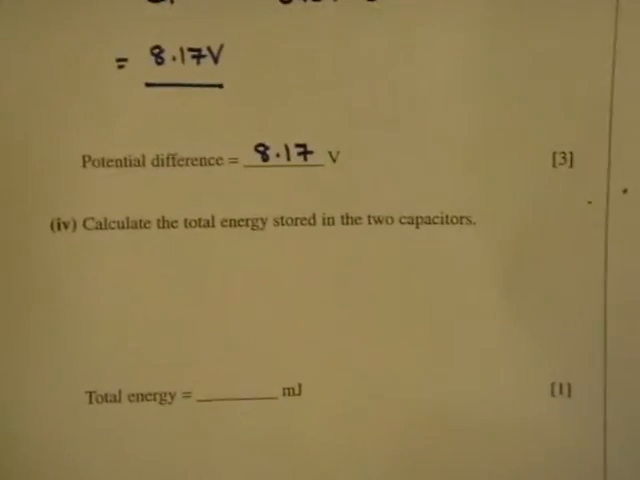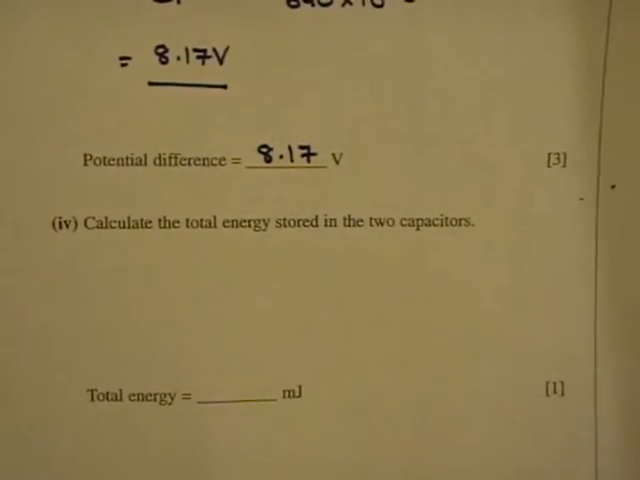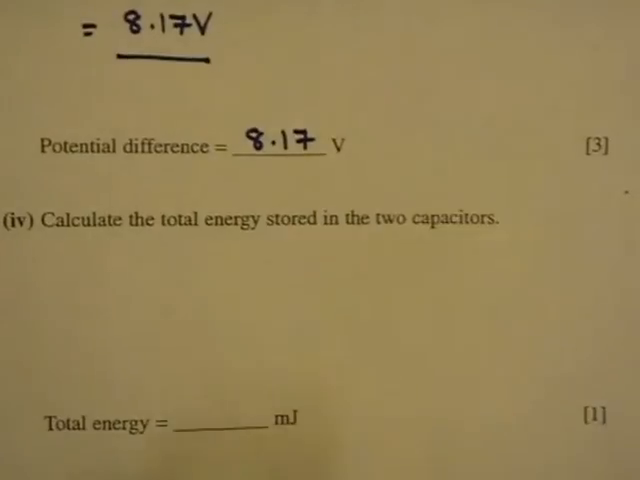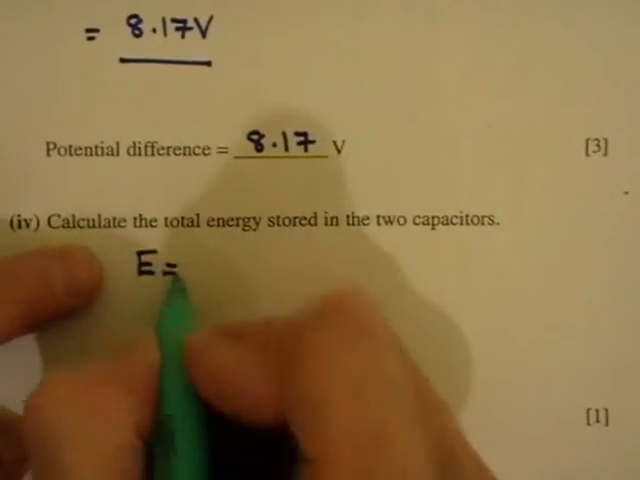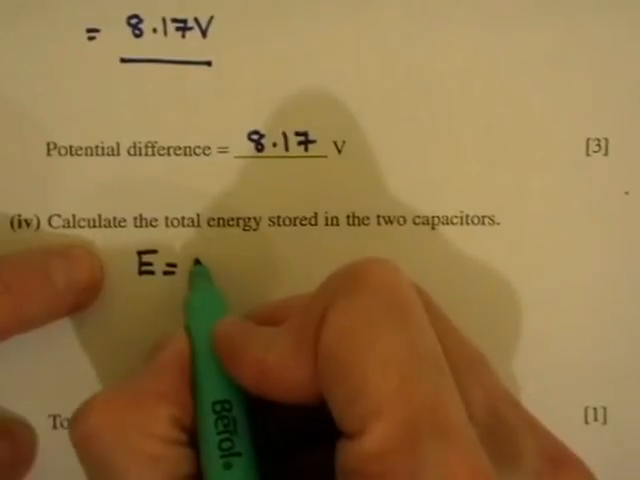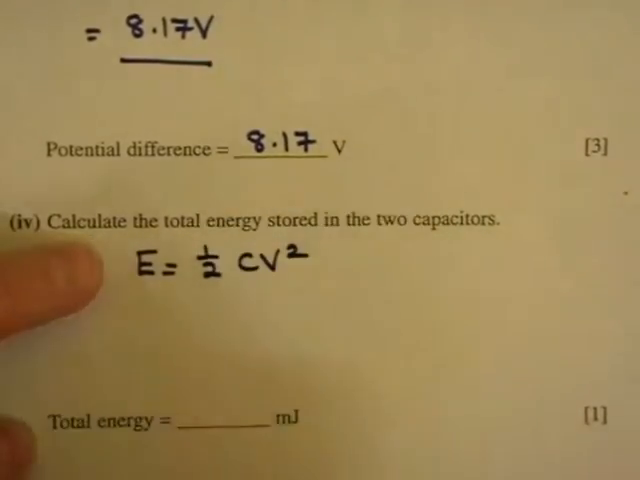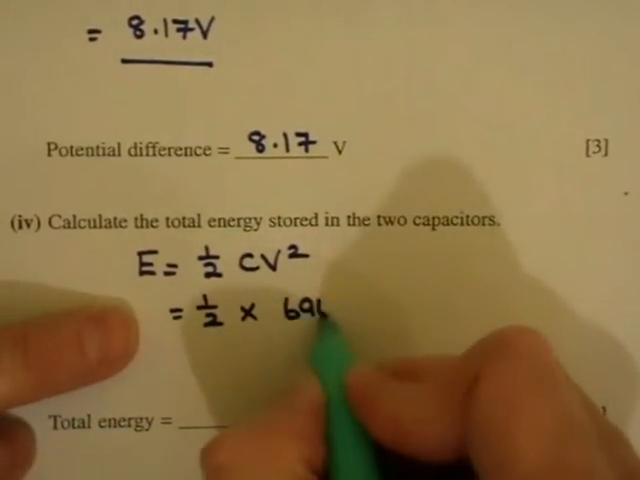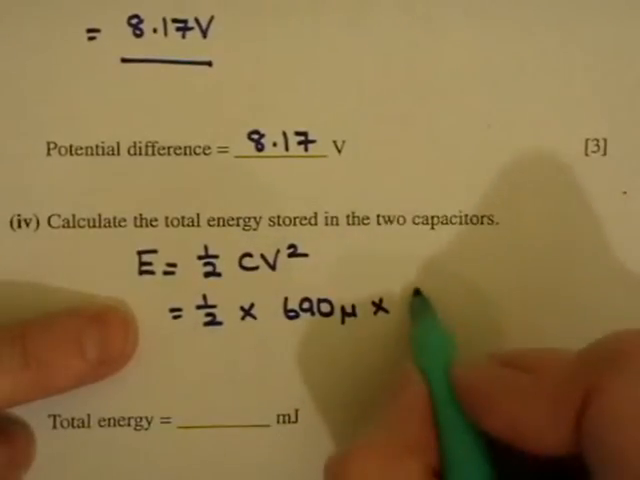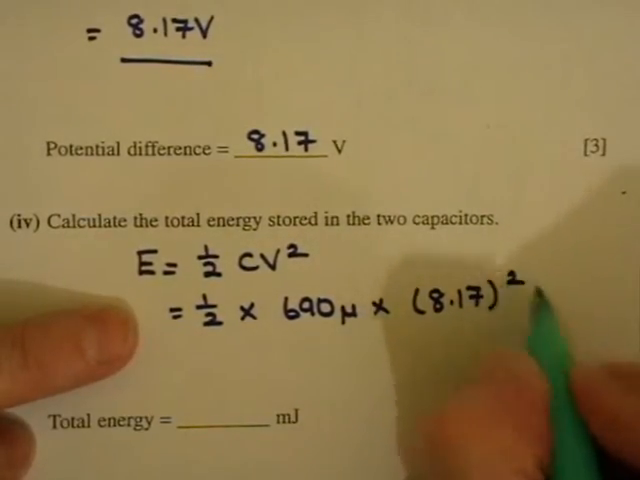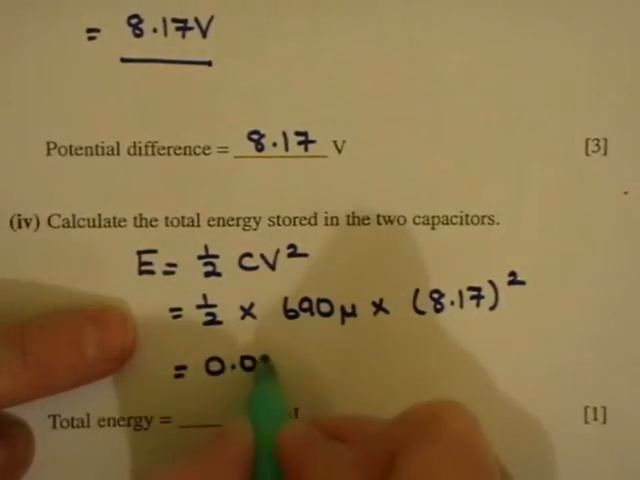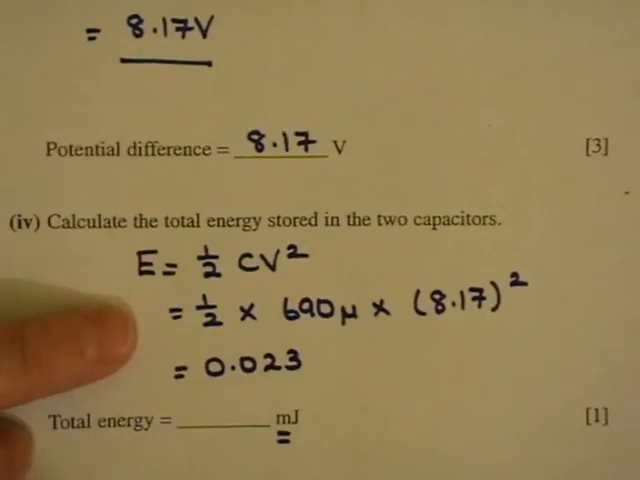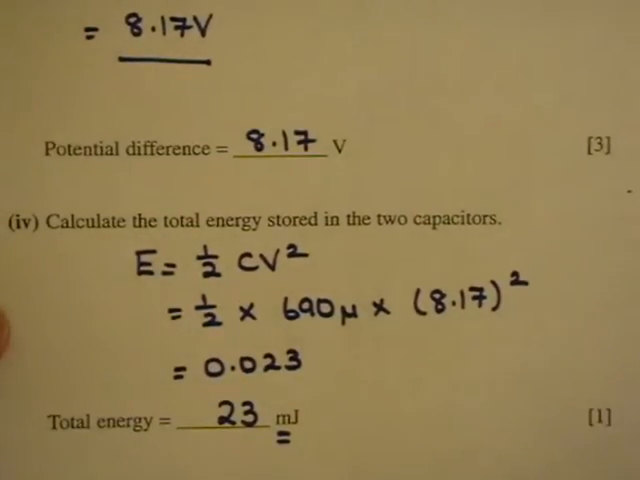The next part of the question asks you to calculate the total energy stored in the two capacitors. I'm just scanning a wee bit there. So E is equal to, and you can use whatever equation you want, I'm going to use E is equal to a half CV squared. So E is equal to a half times the total capacitance, 690 microfarads, and the total voltage is 8.17. And that gives you an answer of 0.023. Again, they want it in millijoules, so that's 23 millijoules there. Okay. And the last